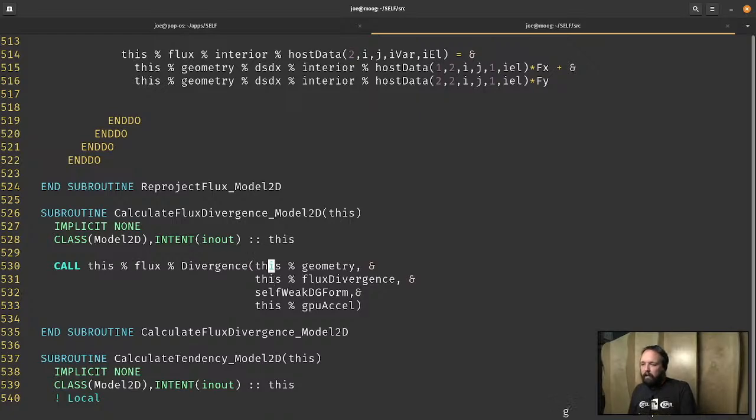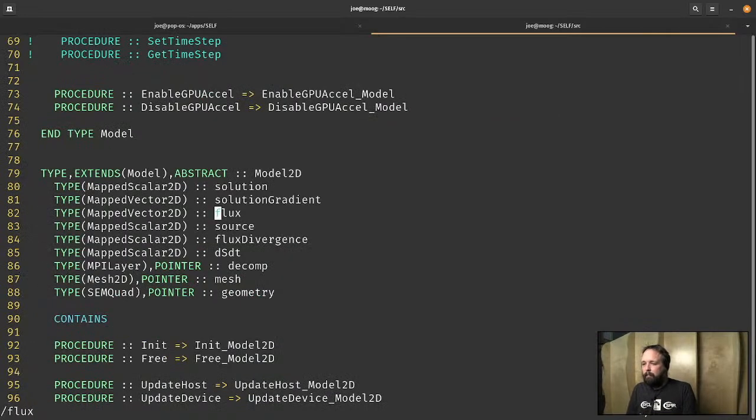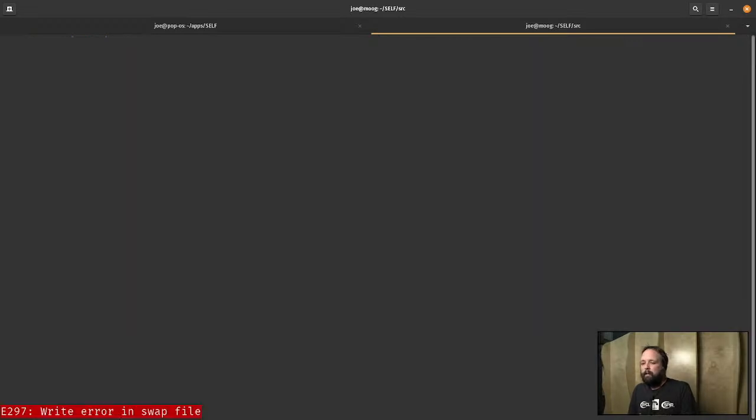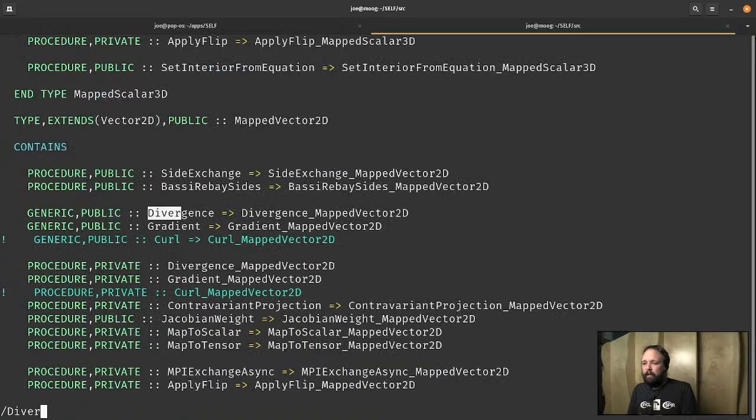So if I were to take a look at that guy, let's see. All right, so that's a mapped vector. So if I go into, let's see, yeah, MappedData. Yeah, we'll be fine here. So if I look up divergence,